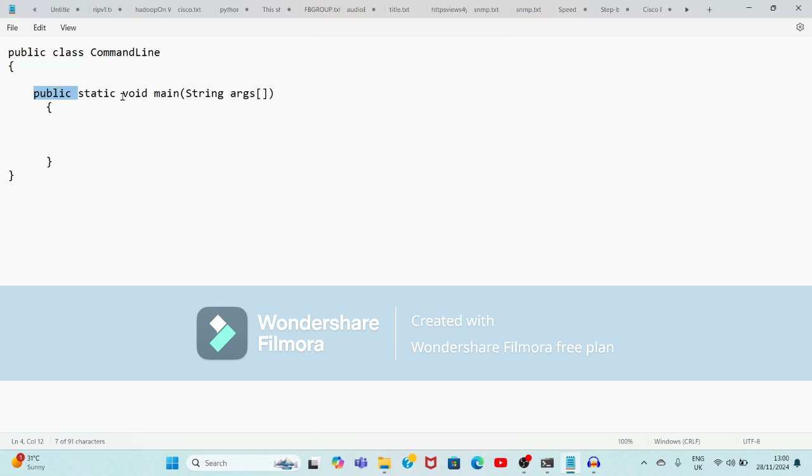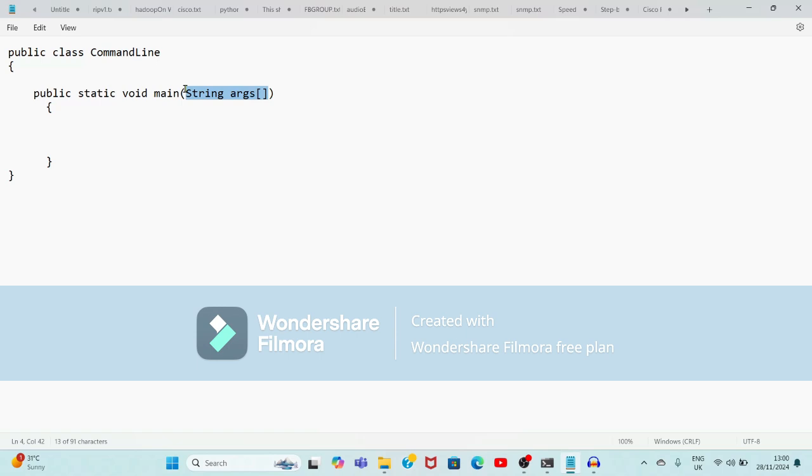After this, I am giving the keyword static, which runs without creating any objects, means here no need to create objects. After that, the void keyword indicates it returns nothing, means the main function will not return any value. And here is the main function, and I am passing the parameter String args, means here I have passed an array of type String.